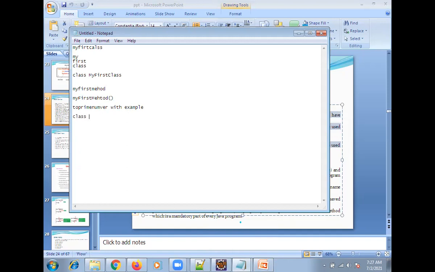Class PrimeNumberExample: P is caps, N is caps, and Example I want to keep. Is this right? No, Example should be capital E. Exactly. Now tell me what I need to write for my method name.